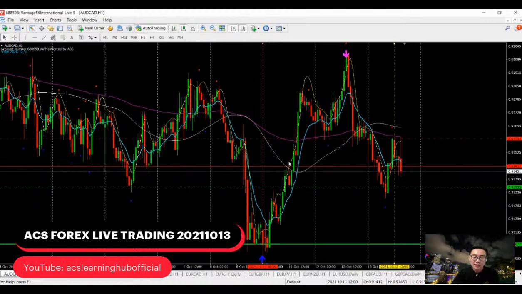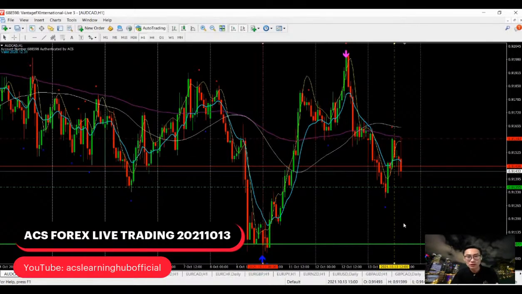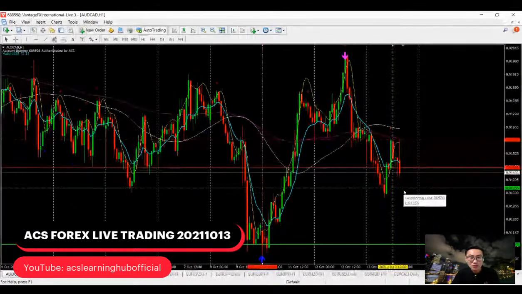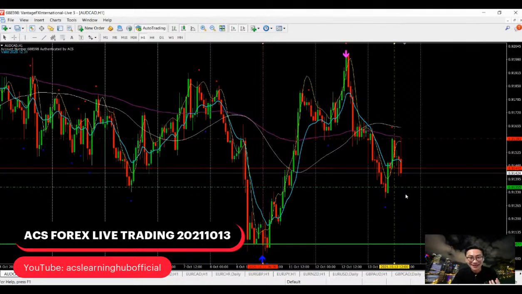Example, let's say this is the TP price, and the price may exceed far away, but how come my system has not closed? It's because it's too fast, whereby at that point of time your trade was not being executed. The TP is not being executed. Nobody buys your trades at that point of time. That may happen, and that is what we call slippage. So that is one of the disadvantages there.